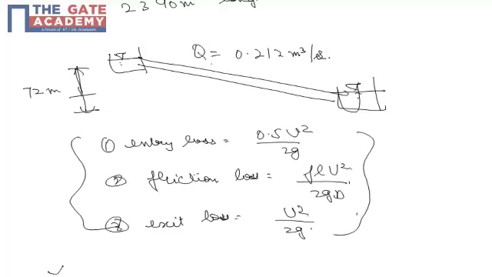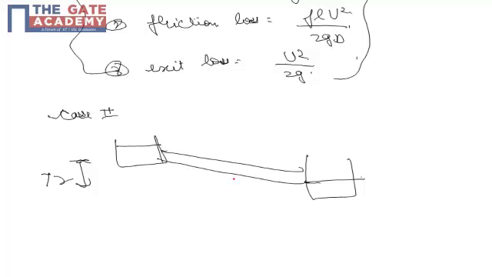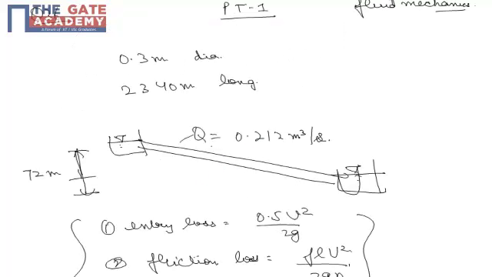Now in case 2, say this is the pipe, and this is again 72 meter. A parallel pipe of the same diameter is laid for a length of 1170 meter. So this remaining will be 1170 meter. Now it is asked what is the percentage change in discharge. For case 1 we know Q. For case 2 let's calculate Q.